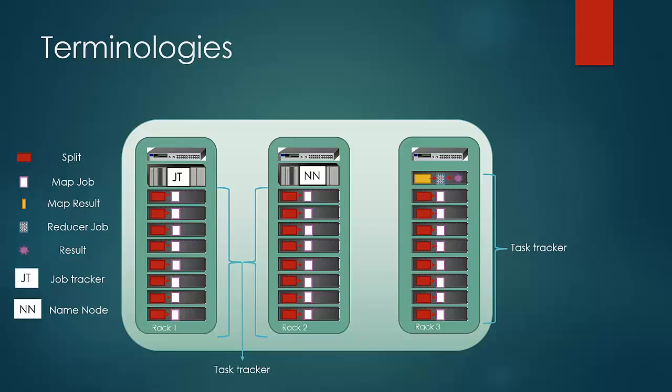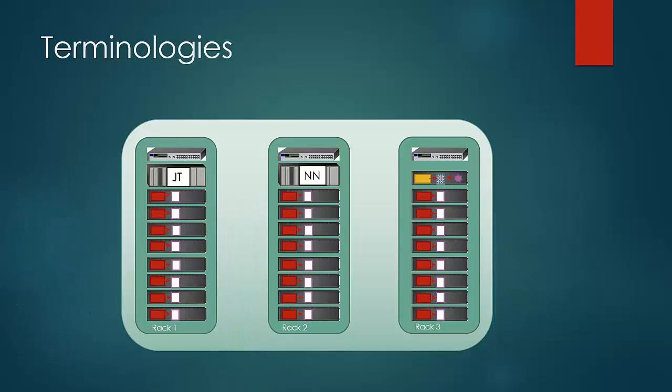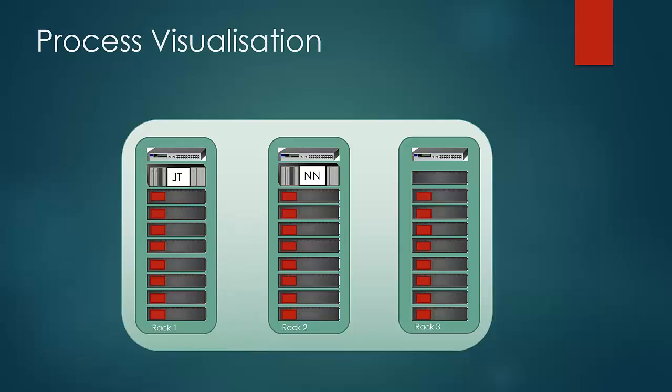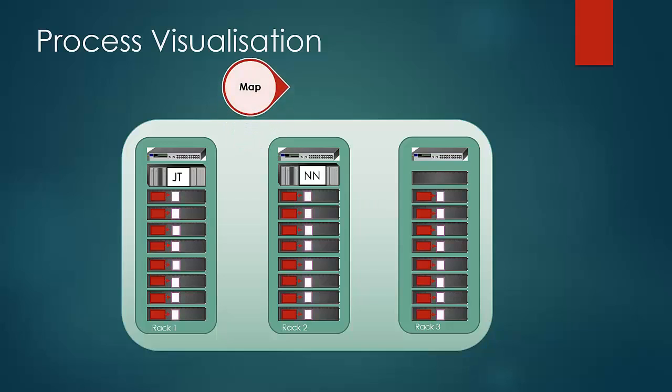Now let us run through the simulation again and try to understand the phases in a little more depth. The developer has to break the problem into two portions. First is the map phase and second is the reduce phase. The map jobs would work on the data which is located on the node itself. This principle is known as data locality. It is important that map jobs get their input locally. If not, it would need to be fetched from the network, so latency would be added in network I/O and the performance would degrade.